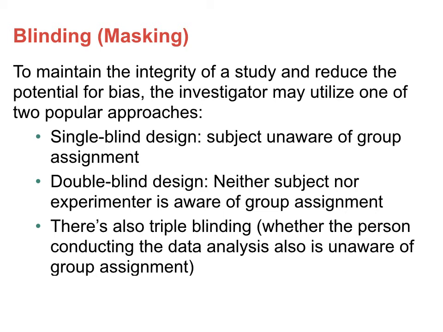If the person analyzing your data works on your research team, more than likely everyone on the team wants the results to say, yes, by allocating this medication, people did not have this outcome as much compared to people who did not receive it. That's what you want to find. But if you don't find that, there are little ways you can tweak the data, or run a certain type of analysis, and end up finding some statistically significant result. So in order to reduce the urge to do that, some people will do this triple blinding, this extra layer of blinding or masking.